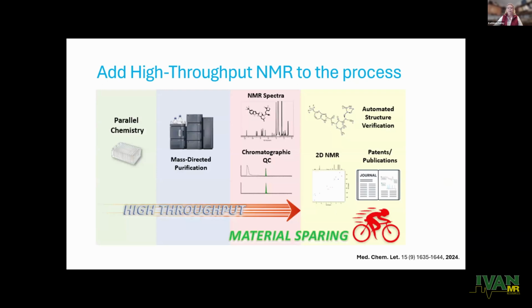So we came up with the idea of, okay, we have a great process here, but NMR is not part of this process. We don't just want proton NMR, we really want the 2D so that we can do the auto structure verification. I think earlier speakers mentioned that proton alone really isn't enough for great auto structure verification. So we looked at our process,